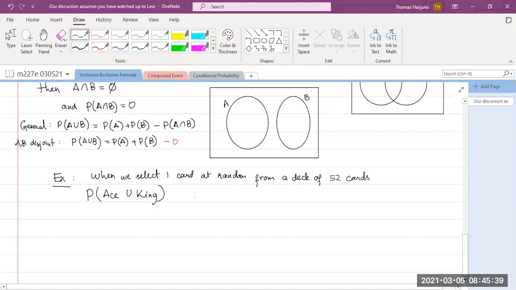And we remember there are 4 aces, right? And 4 kings. So we say it's 8 out of 52 at that time, right? Okay, but if you think about this further, notice that,